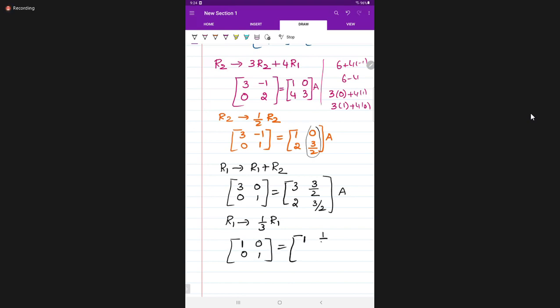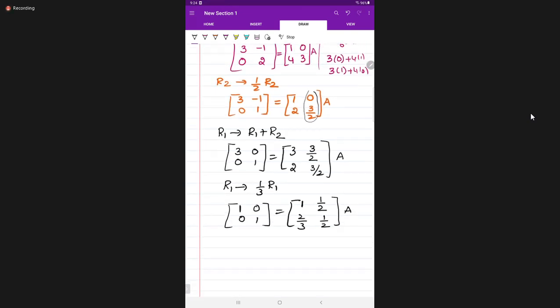1 by 2, 2 by 3, and 1 by 3. Why? Because denominator 3 and numerator 3 both are cancelled. Understood, students? What I am telling? So each element, why? Listen. We are taking only R1, right? First row only, not second row. So this is 3 by 2, ma'am. Okay. Now tell me, what is A inverse? A inverse is equal to 1 by 2, 2, 3 by 2. Yes, ma'am.